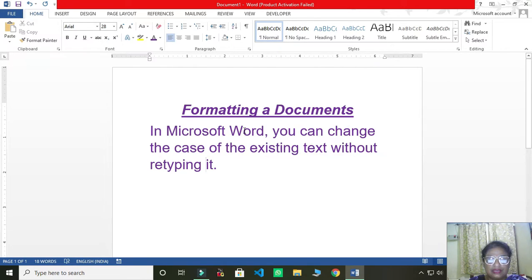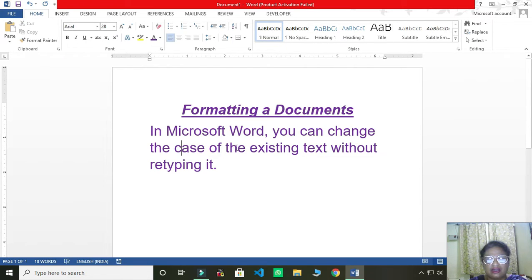capital letter. Now see, again children, we have also learned about spacing, how to give the line spacing. So you see my cursor is blinking here after it, and you see here there is some space between 'in' and 'the'.